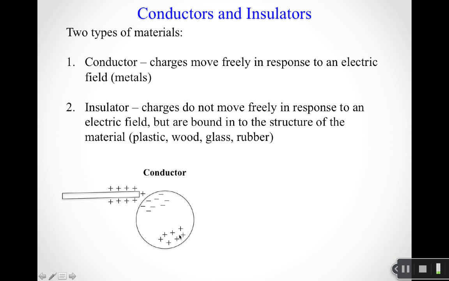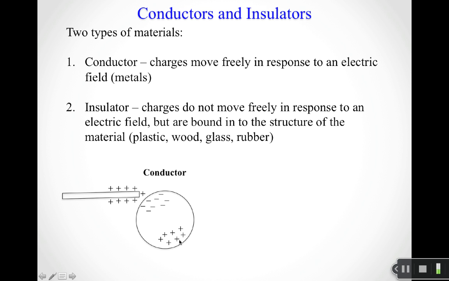A conductor basically has what are known as free electrons. And those free electrons are effectively able to skip from atom to atom within the structure of the metal so that they can come over, right? They feel the attractive presence of this positively charged rod. And so you have free electrons from over here that come over, which gives you an excess amount of negative charge over here